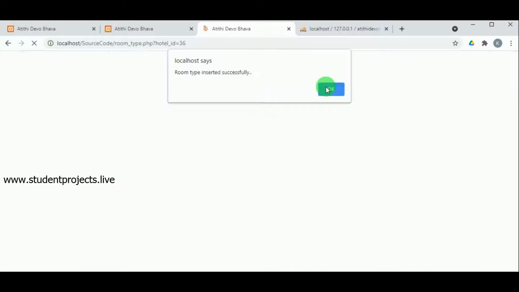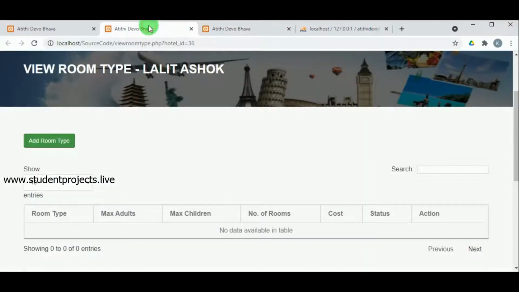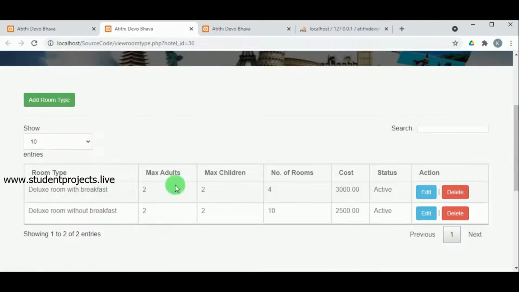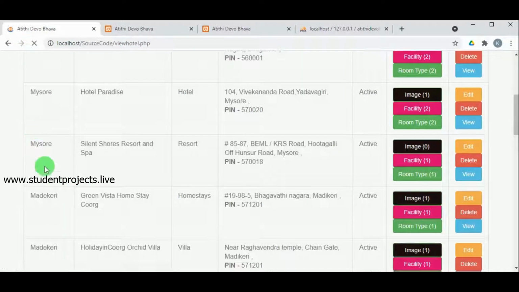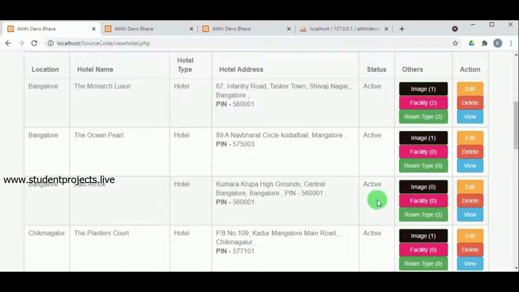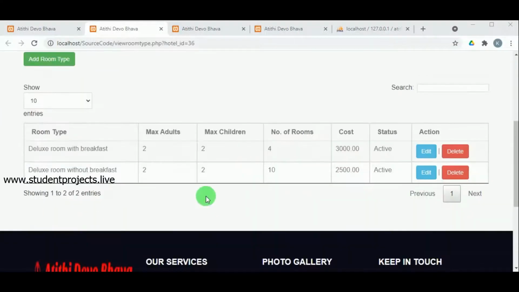So we have added 2 types of rooms. Now on refreshing, we can see there are 2 types of rooms available and the admin can edit the details as well as they can delete. So on refreshing on the view page, we can see that room type is updated to 2, that is because we have added 2 room types.